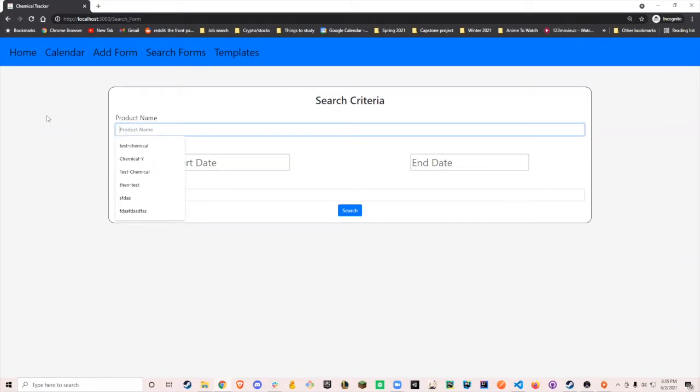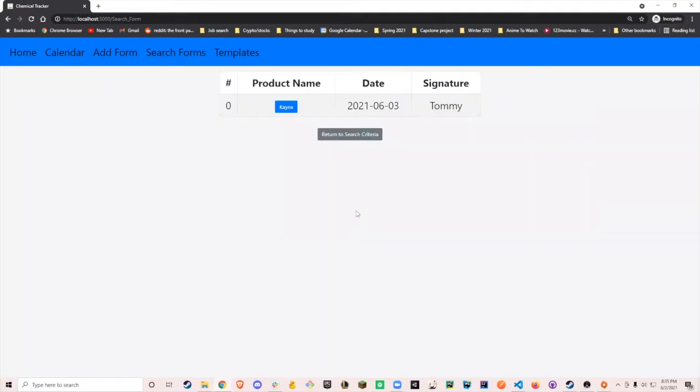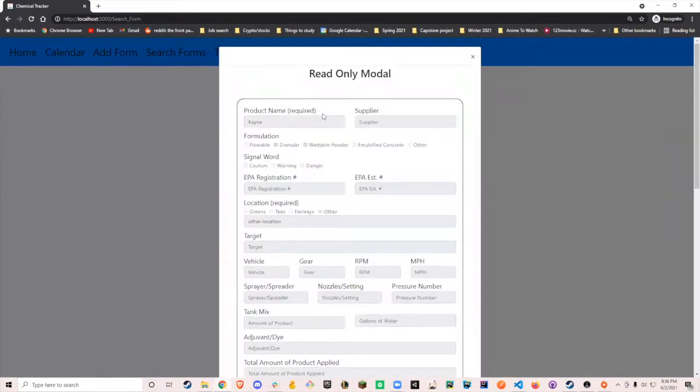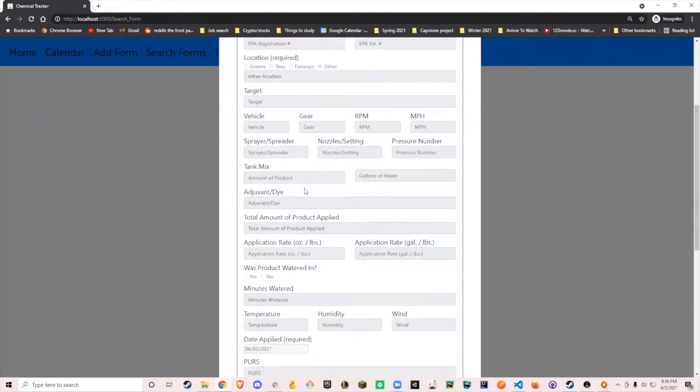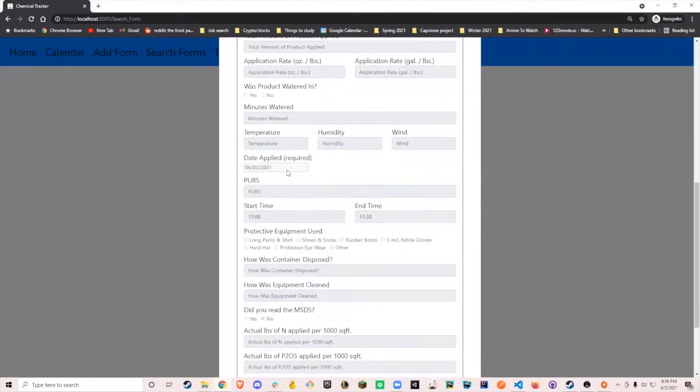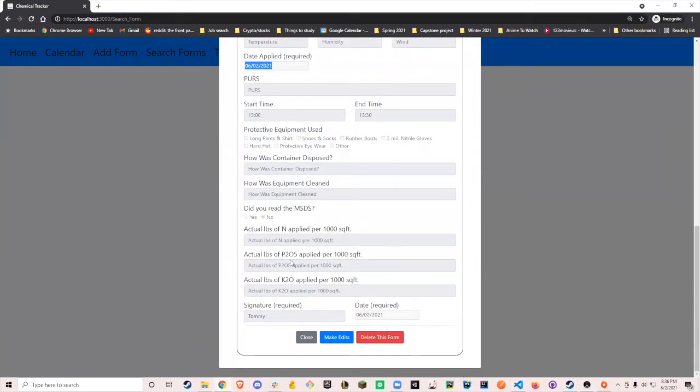So let's go ahead and search what we just added. And then go ahead and hit search. The table will appear here that shows the product name, the date, and the signature. So as you can see, the form we added is in here and we're able to search it. And so now when you click here, it will open a read-only modal. So all the fields are disabled, but it populates all the fields of this chemical right over here, date applied, all of that. And if we want to make edits, we just go down here, click make edits, and now